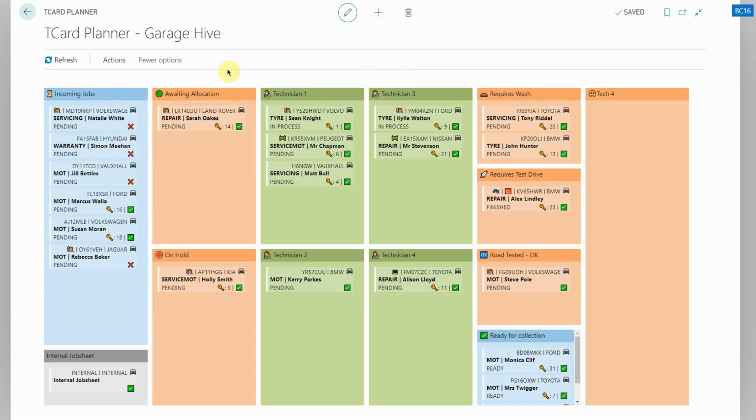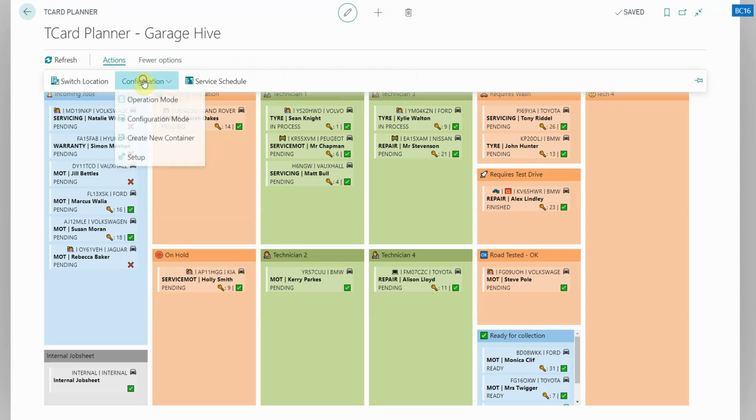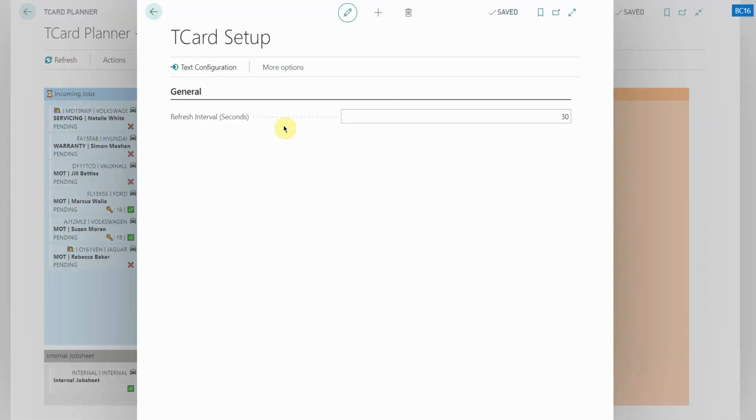Now there is another piece of setup. Under Actions, Configuration, Setup, you'll have a refresh interval. Now, by default, it's set to 30 seconds. This means that it will update every 30 seconds or so. Just bear in mind that the shorter time period you have it, I'll just show you the